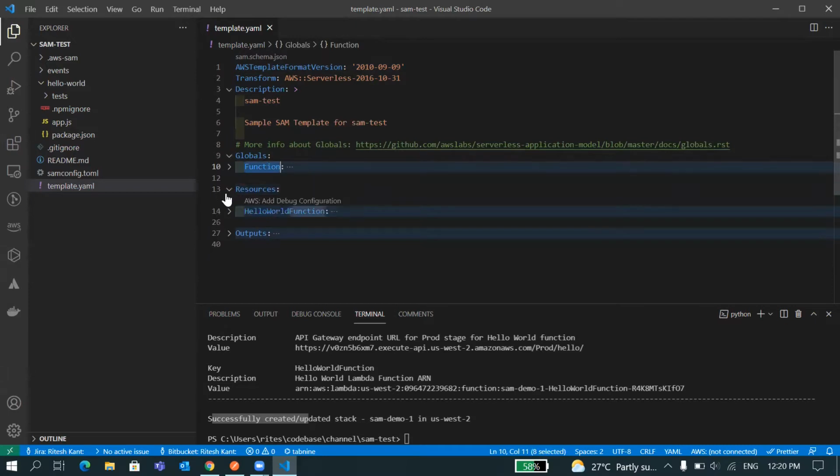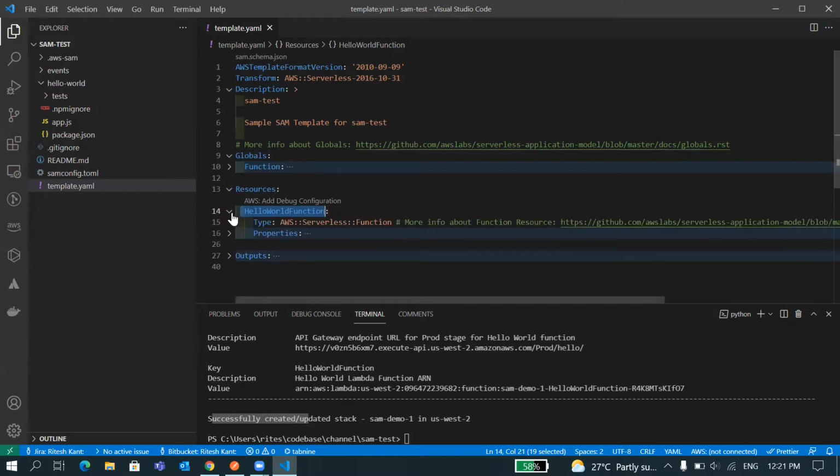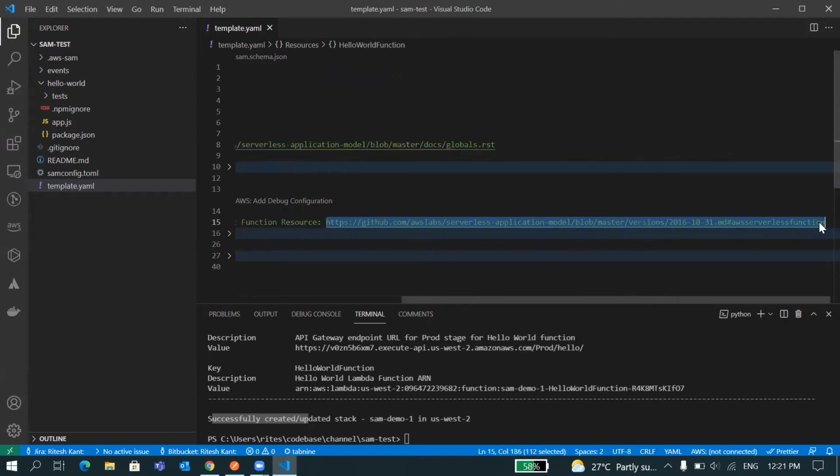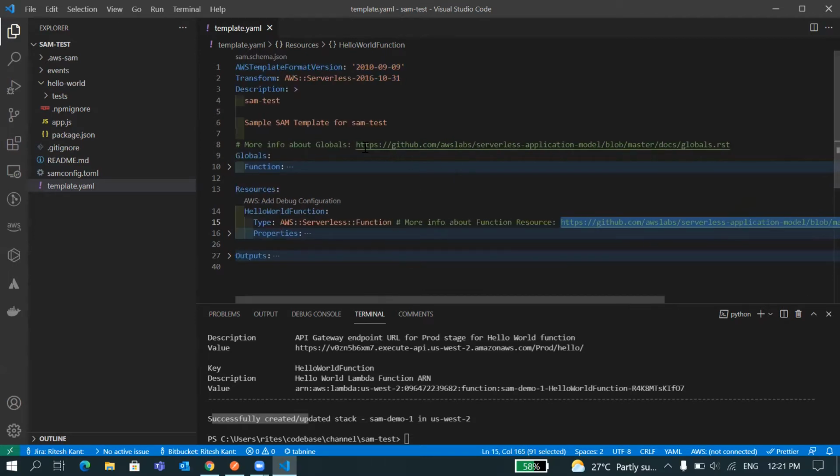And if you go to resources, here you can see all the listed resources which are being used for your application. And right now, only one resource is listed here, which is the function. If you see the type, it's saying AWS serverless function. That means it's a Lambda. If you want to know more about types, you can go to the listed link. This is the one which is already tagged. You can go inside any of the links, and you can learn from there.